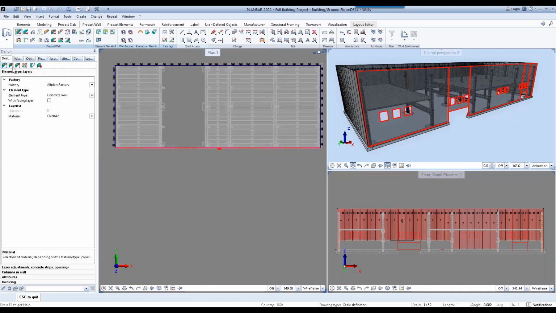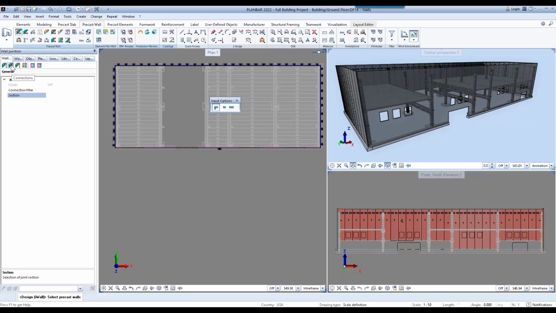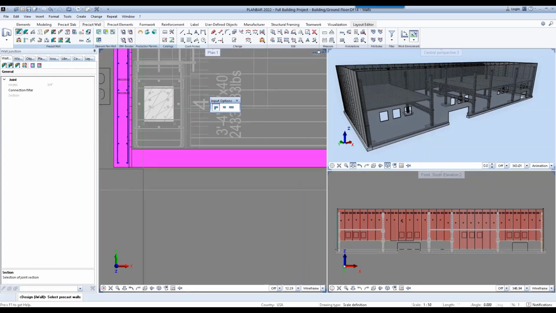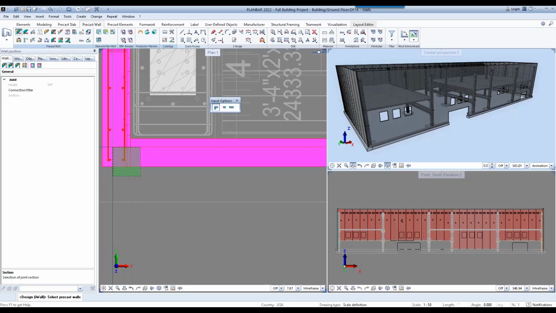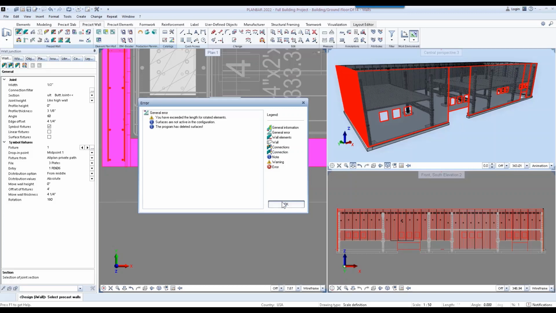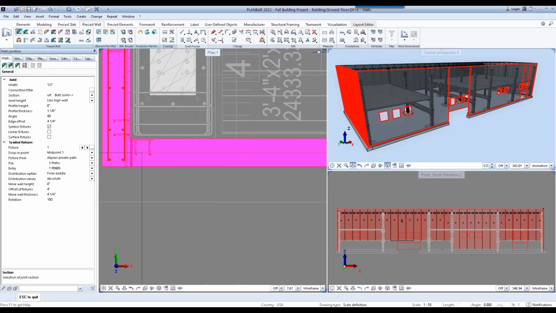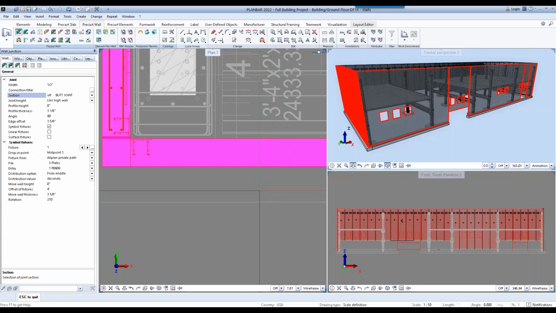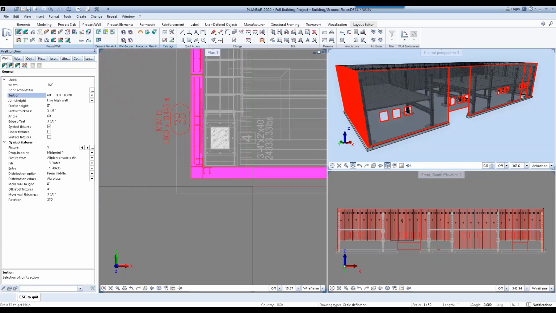So if I move to this next tab in the tool, the connections tab, this is where I can select two intersections of a wall to create a connection between the two. So I can select these two corners. And I can specify the joint that I want. All right. Now I go to the other corner.